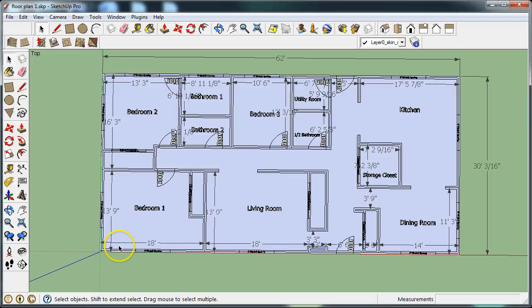Now that we have all of our window openings, door openings, closet openings, and hallways created, we are now ready to save this file. And we want to save this once again as the floor plan. The next file that we create, we're going to save over this file and create a new file, which is going to be called the raised walls floor plan. So I'm going to go to File, Save As,